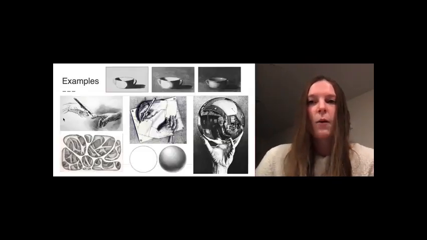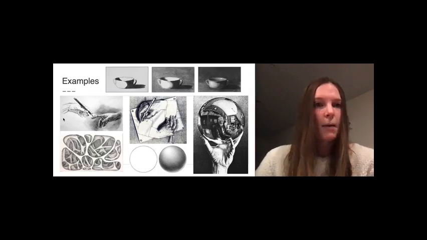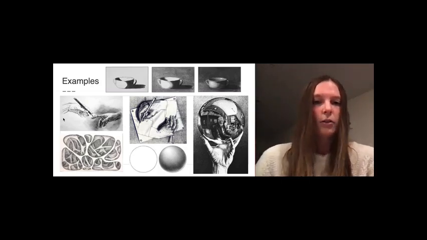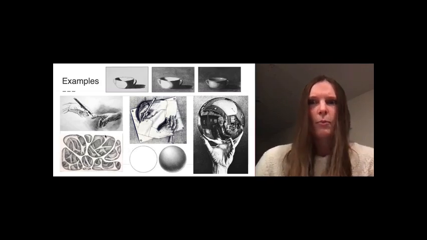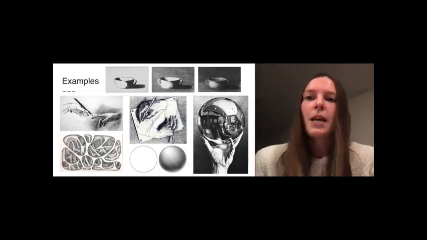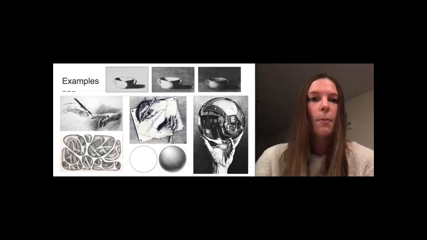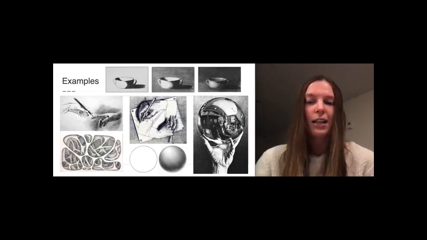So let's look at some examples. One of the most famous artists who deals with value is M.C. Escher. And these are these really cool pictures that we see right here. What do you guys think? Do you like it? I know, right? They're super impressive. It's making a 2D object, like this hand, which looks like a drawing, pop off the page and look really real, as if a person was there on the page and it looks like a photograph. I really love the picture of these hands. You do too? Yep, I agree.